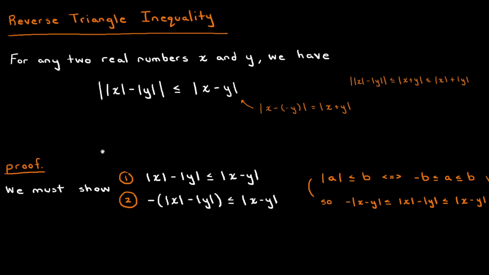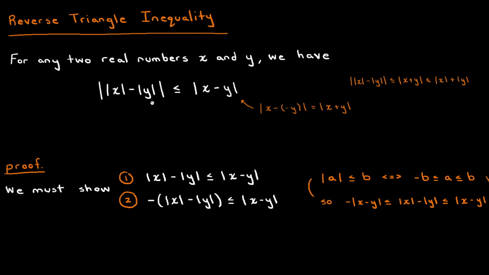So now let's take a look at a proof for the reverse triangle inequality. I really like this proof because it actually follows from the triangle inequality via some substitutions. So before we get started with that, we need to understand what we need to prove, right? In order to prove this inequality, we actually have to show two things. So we need to show that the absolute value of x minus y, which is this number, must be bigger than or equal to the absolute value of x minus the absolute value of y,